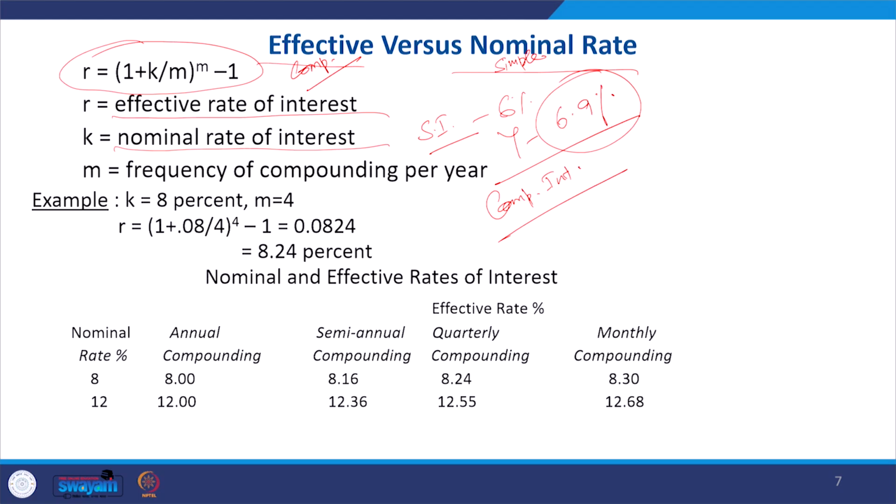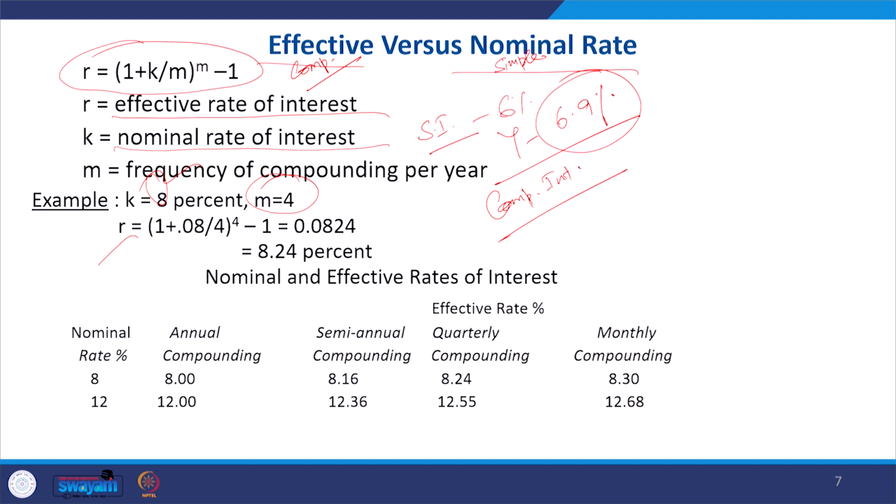So, to understand this case of the effective versus the nominal rate of interest, we take an example where the simple rate of interest is 8%, right. Simple rate of interest is 8%. Compounding M is 4 times a year, and we have to calculate R. So, by applying this model for calculating the value of R, which you call the effective rate of interest,